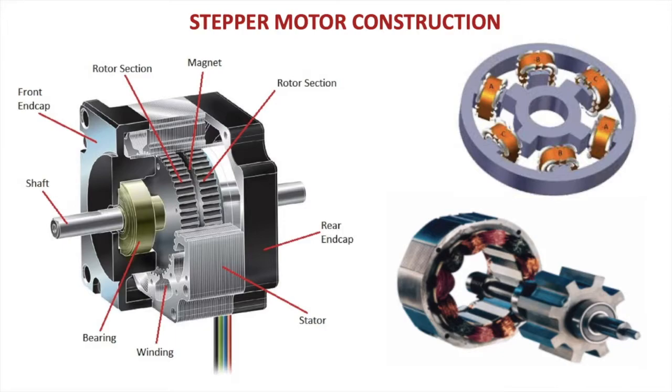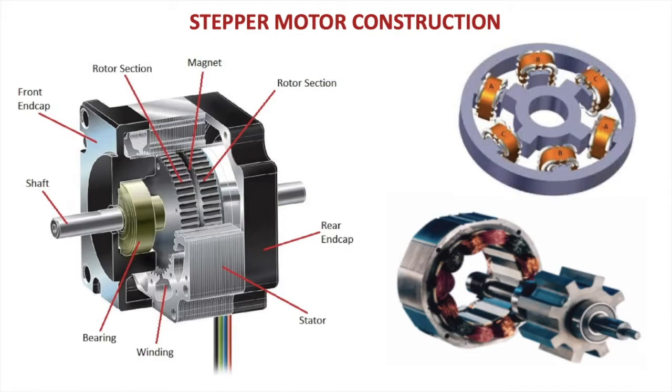So, stepper motor construction: as you can see, you have a magnet and the rotor is a salient pole type of rotor, and it will be rotating inside the stator field coils. The combination of the stator and the rotor poles gives you the angle of the rotation. As you can see at the bottom, the wires for these separate coils can be supplied through different wires or with a phase difference so that a lesser angle of rotation can be achieved. The different parts are the shaft, the bearing,